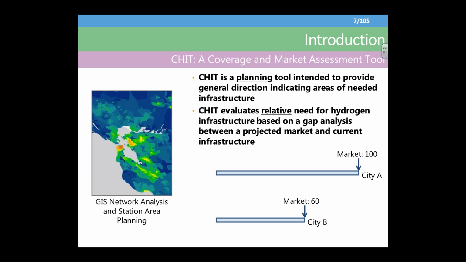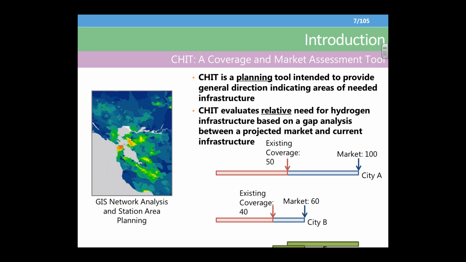And so CHIT is a planning tool intended to provide general direction for needed infrastructure. It is not an optimization tool. It is not meant to tell you exactly what street corner a station needs to be on, but it's to provide general areas where applications might be most successful for new infrastructure. And it evaluates the relative need for hydrogen infrastructure based on this gap analysis between the market